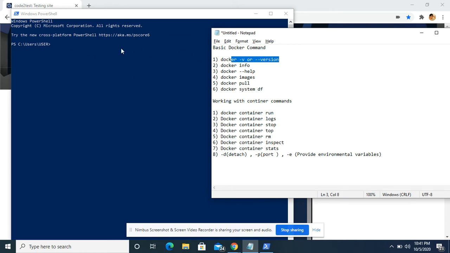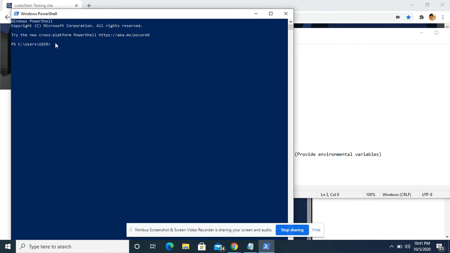Going to our first command, docker -v. It displays the current Docker version. I am using 19.03.13 along with the build ID. This command will help you figure out which Docker version you are using. You can also use docker --version with the full name. It will do the same work. The working is the same for both.